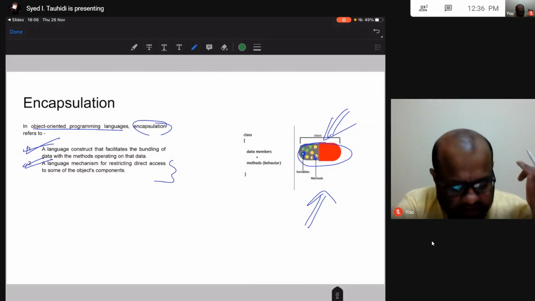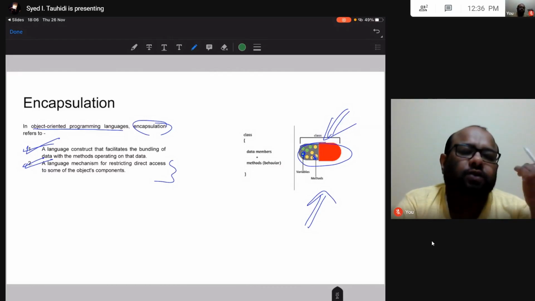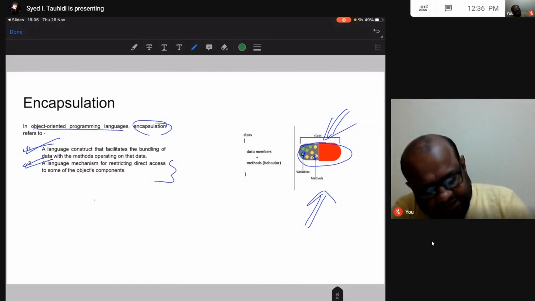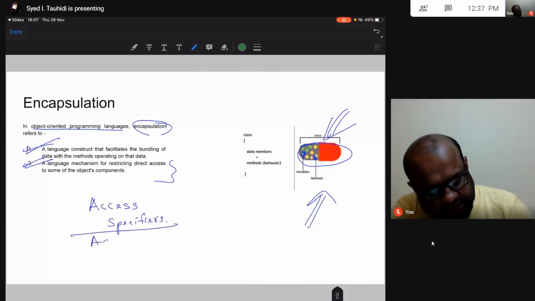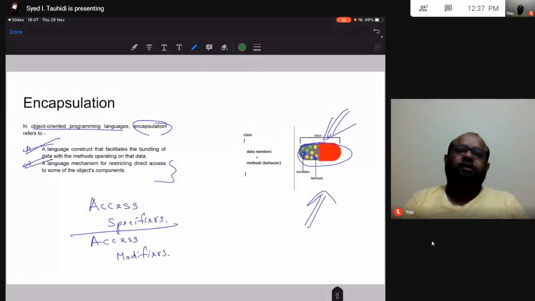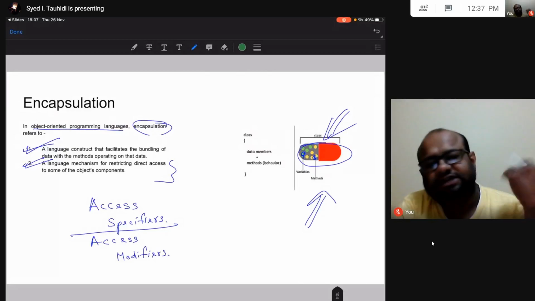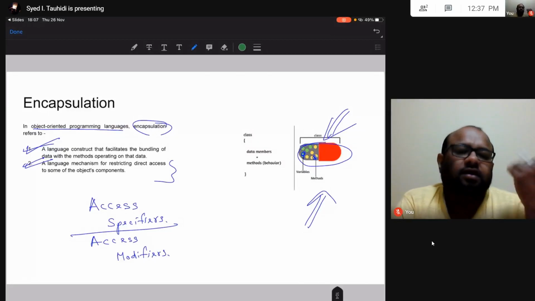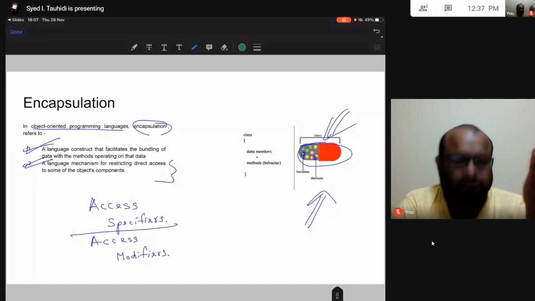In C++ we have something called access specifiers or access modifiers. These are features of C++.